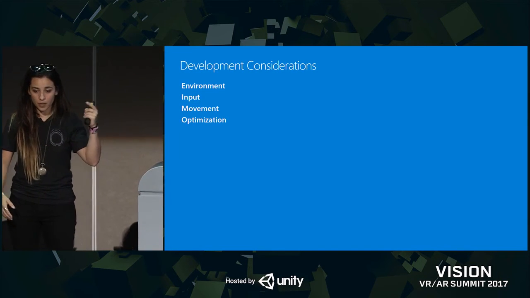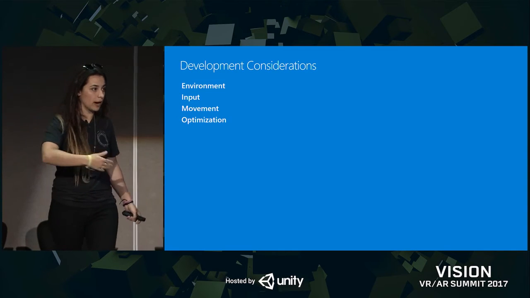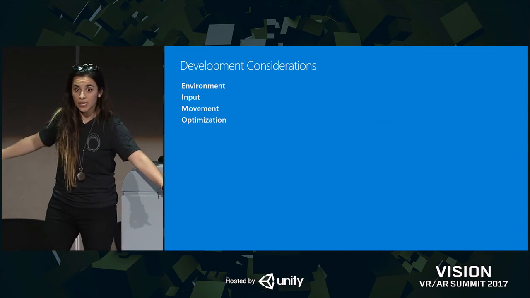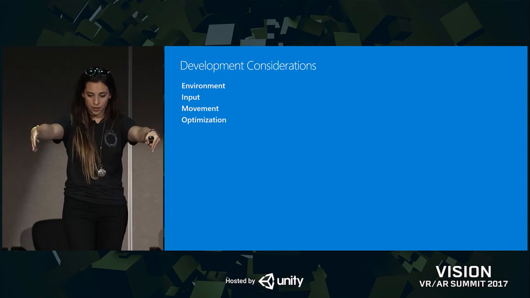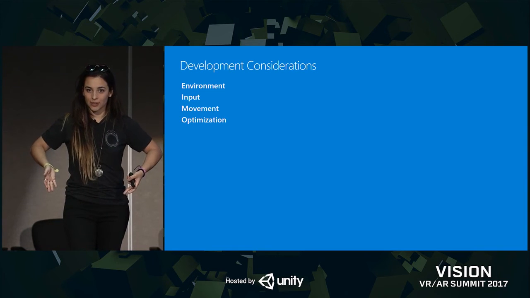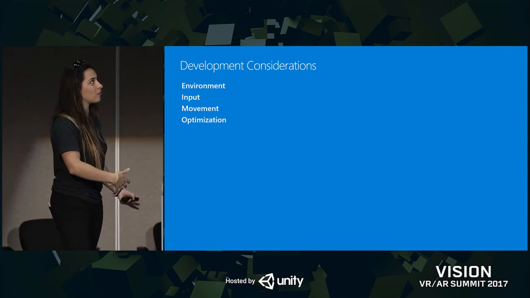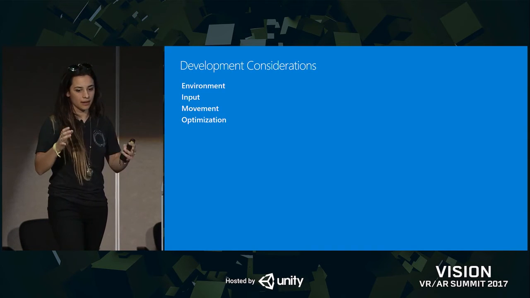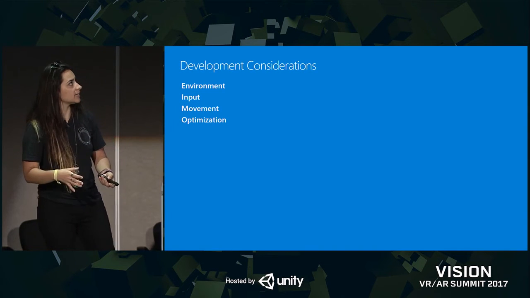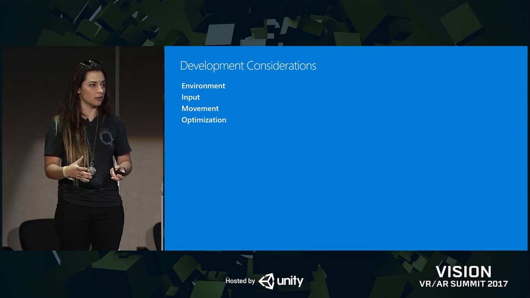With the HoloLens, it's free form. I can move wherever I want. I have no boundaries. Well, with a Vive, you have your little box. So I was like, okay, I can't go anywhere I want anymore. How do I create this experience now? Figuring out movement is also important.